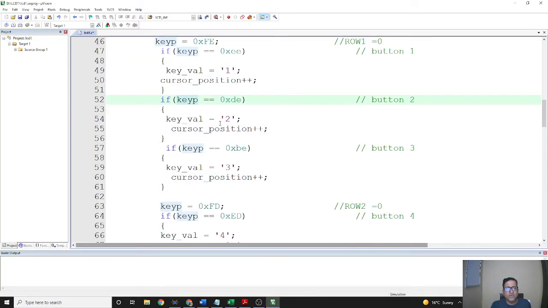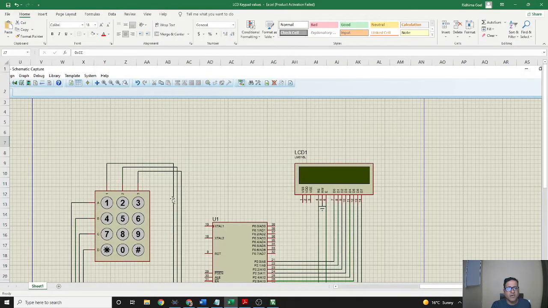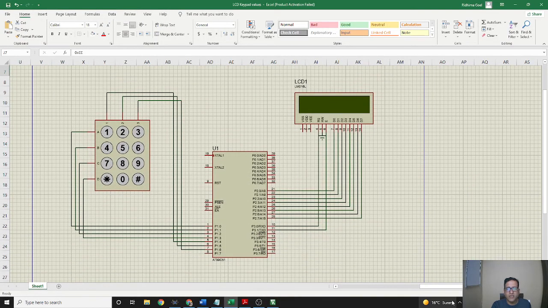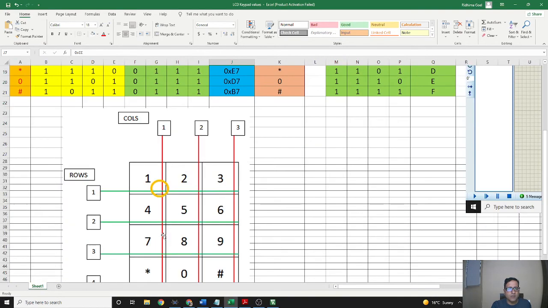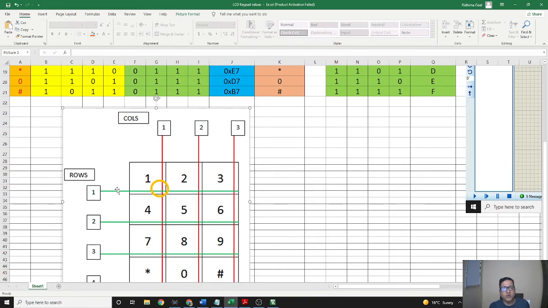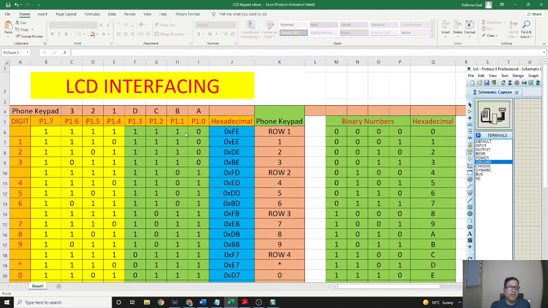Likewise, here we can see for 2, if 2 is pressed, our first bit, meaning port P1.0, is 0 already, and corresponding to this this will be 0 and this will be 0. All these cases are for row 1, or you can say row 0.